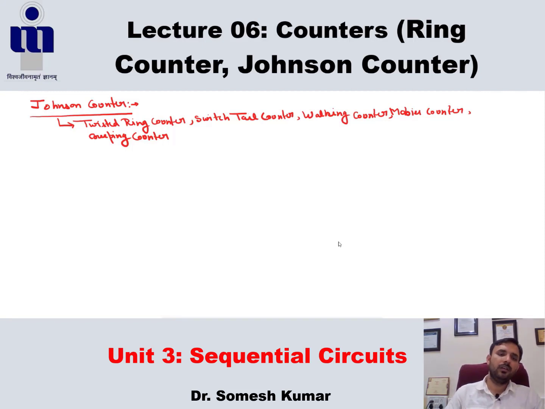Fine. So now first we will study the diagram of our Johnson counter. There is a minor difference between Johnson counter and the ring counter. That's why it is called the twisted ring counter. Fine. So here we will study the 4-bit Johnson counter. You know, in the 4-bit Johnson counter or in the 4-bit ripple counter, how many flip-flops are used? 4 flip-flops are used in the 4-bit counter. So similarly to ring counter, we can design Johnson counter by D flip-flop or by the JK flip-flop. So first we will design this Johnson counter using D flip-flop.